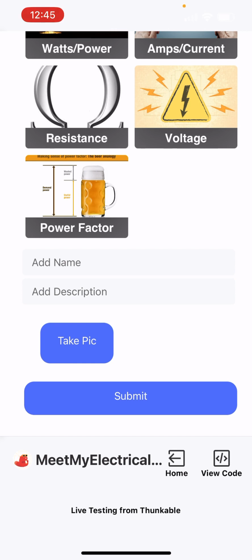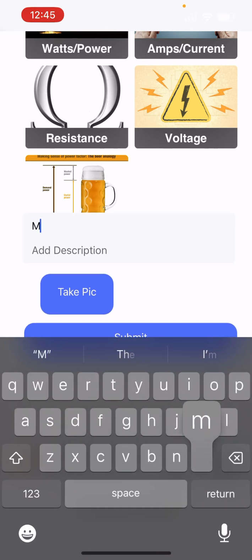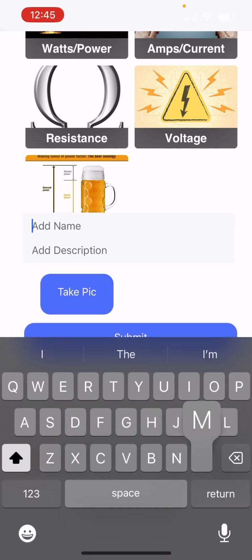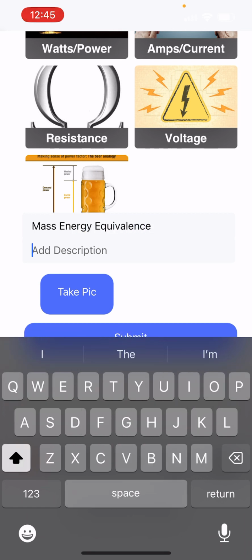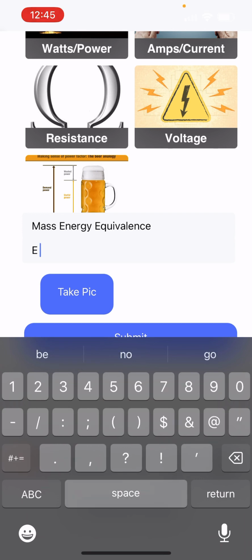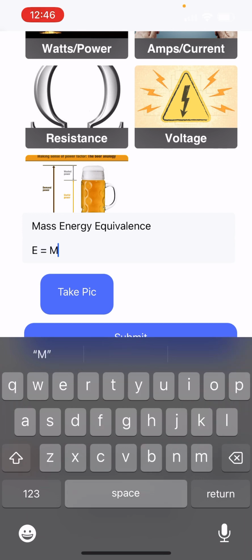If you want to add one, I know originally in the rubric it says you have to have a URL, but the extra credit is to be able to take a picture instead from your phone. So I'm going to show you what to do here. I'll just add a random one, like the description will be the mass energy equivalence formula, which is E equals MC